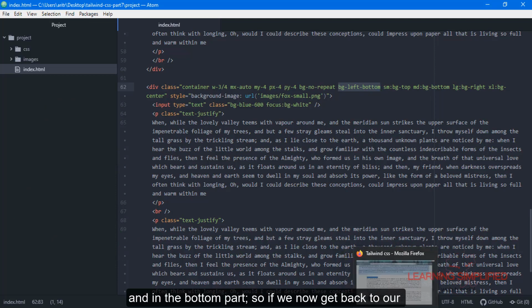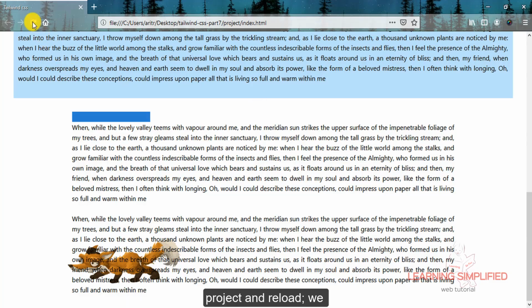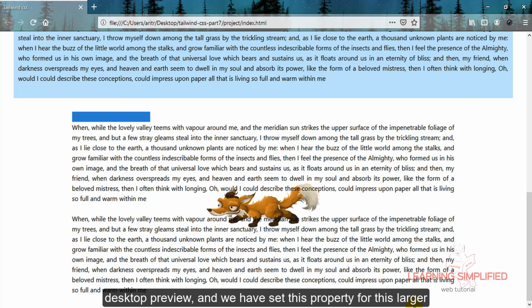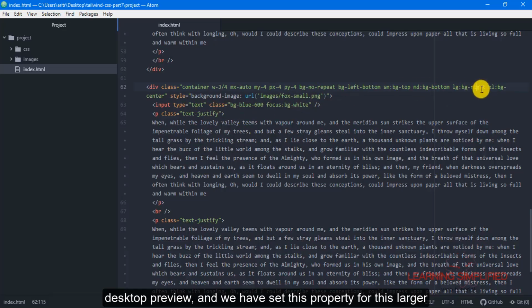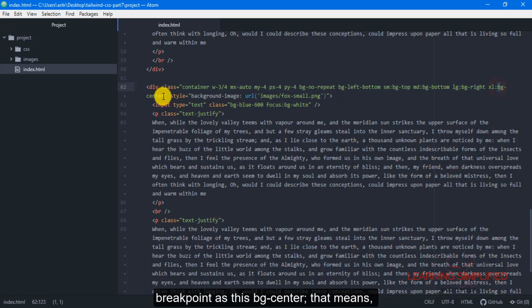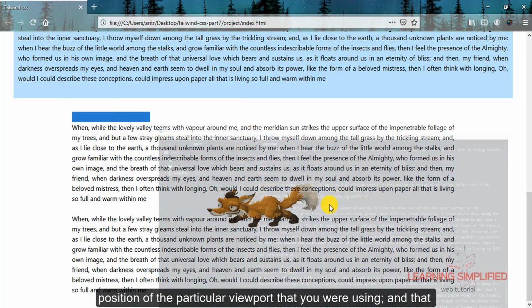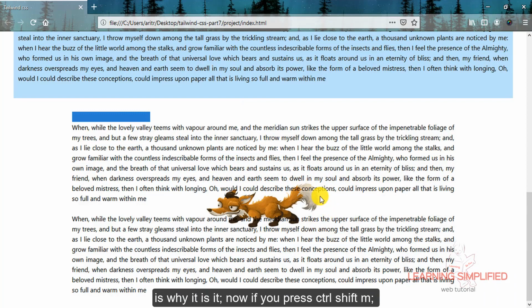So if we now get back to our project and reload, we can see that this is practically the larger desktop preview, and we have set this property for this larger breakpoint as BG center. That means the background image should be occupying the central position of the particular viewport that you are using, and that is why it is so.